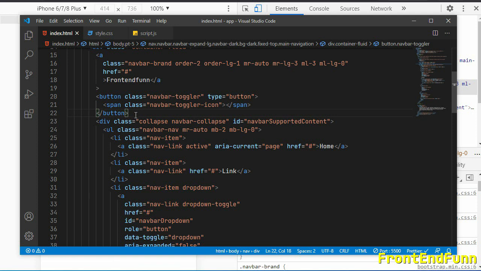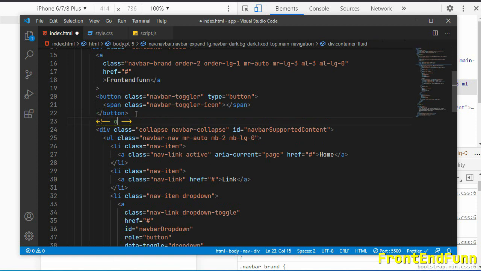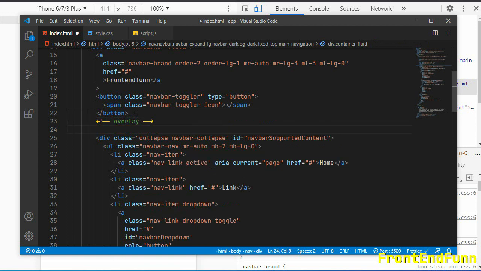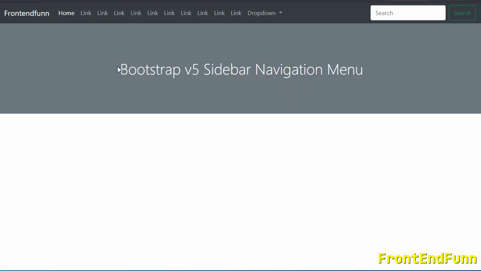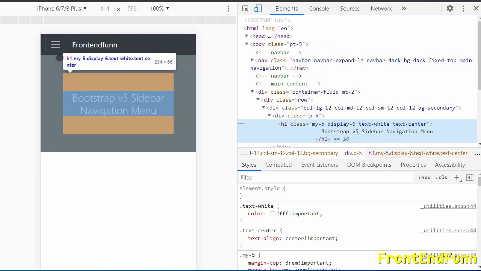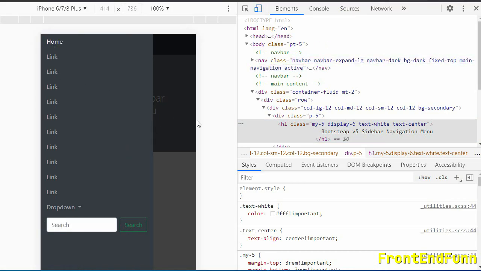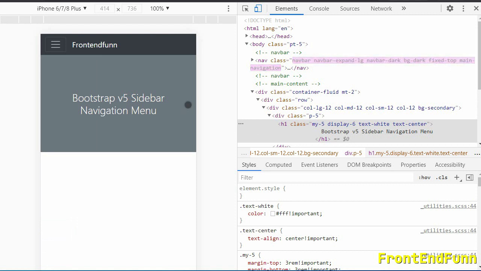Next I'll be adding an overlay div, which acts as an overlay when I click on this menu. So let me show you here. So when I click on this I will be adding some overlay, so that when the user clicks on this overlay we'll close the sidebar.